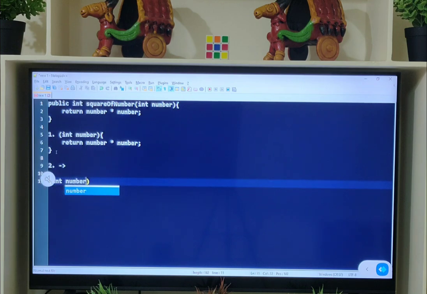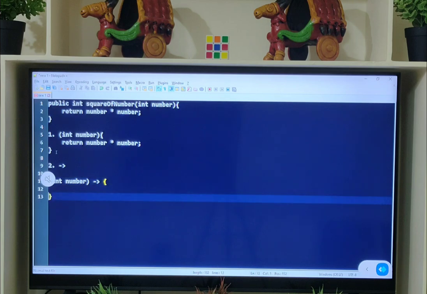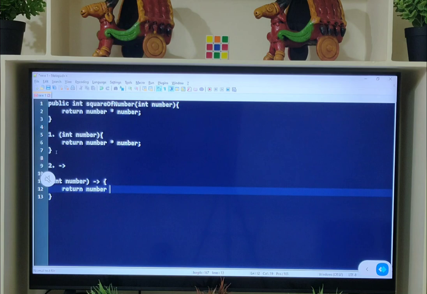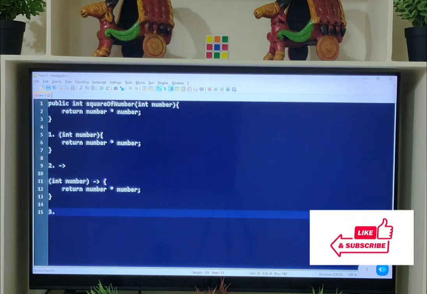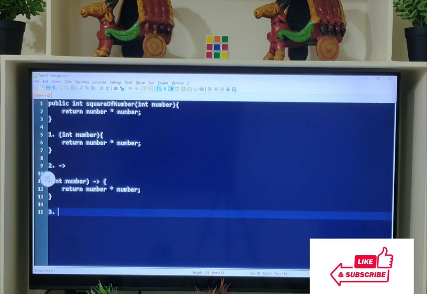Int number, use the arrow operator, return number into number. Next, if you observe, this lambda expression is taking one parameter, number, and this number is of type integer.